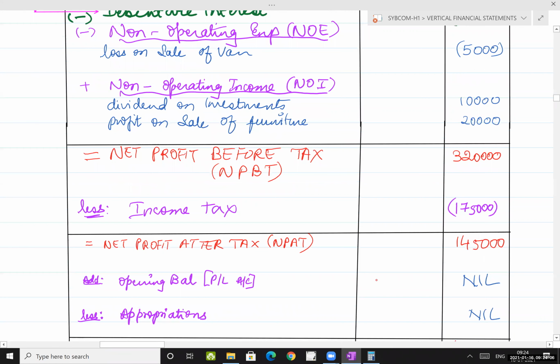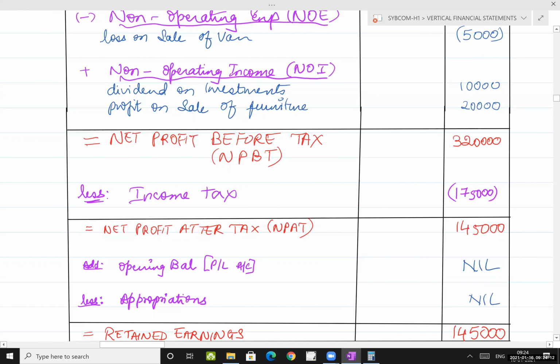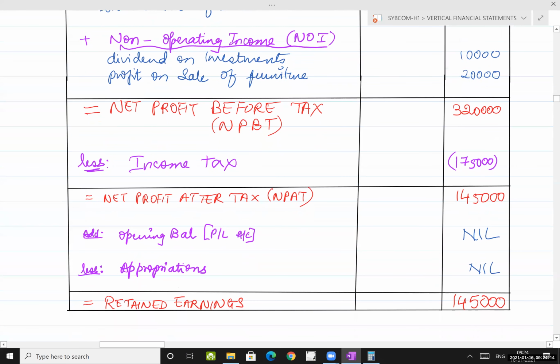Add opening balance of P&L not given in the question, nil, less appropriations not given, then retained earnings 1,45,000. तो सी ओपनिंग बैलेंस अप्रोप्रिएशंस नहीं है तो आपका नेट प्रॉफिट आफ्टर टैक्स इज इक्वल टू रिटेन्ड अर्निंग्स. ओके,